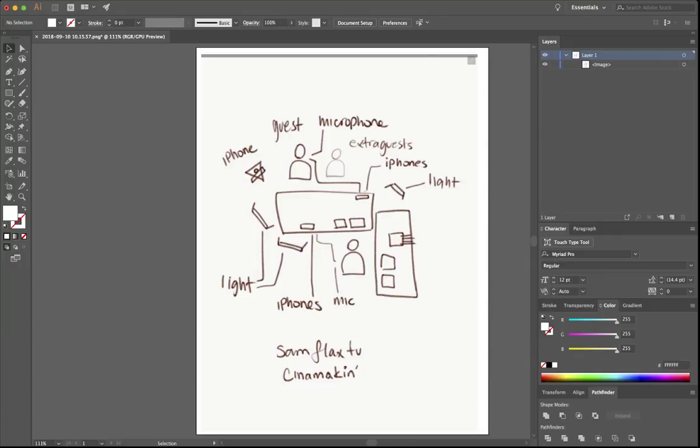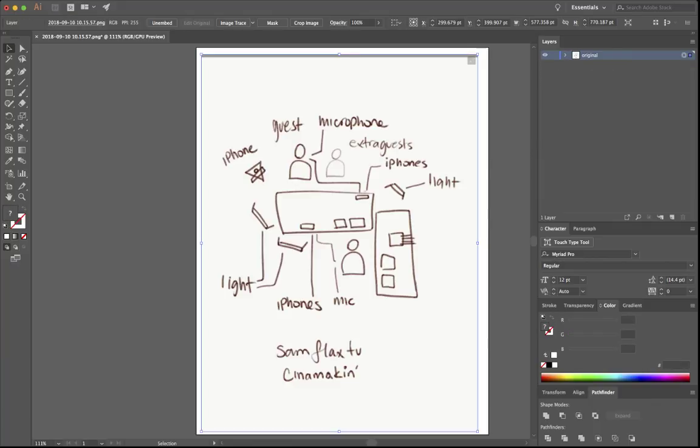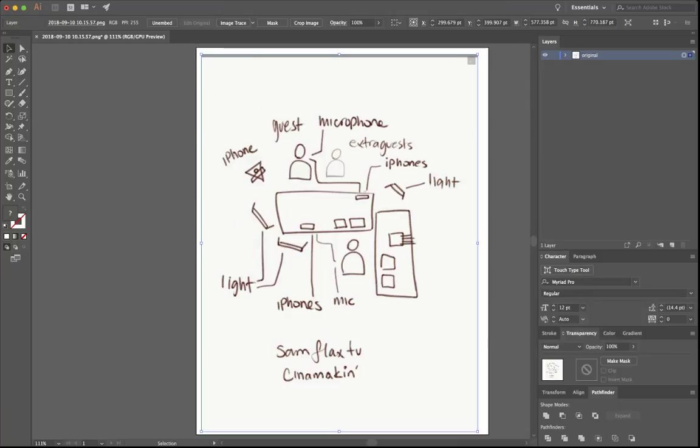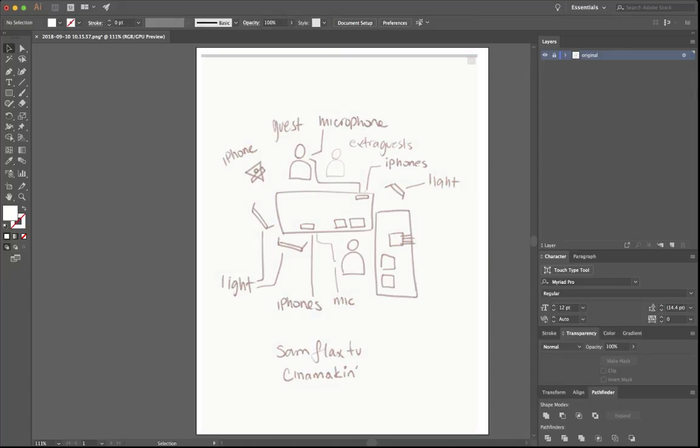Layer one should be original. Select the layer and lock it down. The layer for the new layer. So first things first, we're going to go to